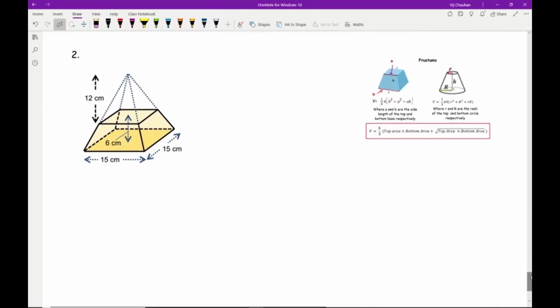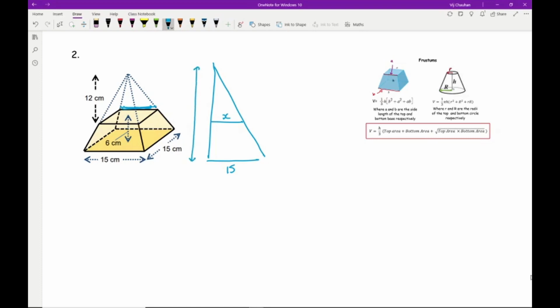So here we've got a pyramid and we've got the top pyramid height here. So again, I don't know what the length of the top base is going to be, and that's something that I then need to work out. So again, if I draw my two triangles like so, this is what I'm trying to work out. Now I know this is 15. Now from this I know that the total height